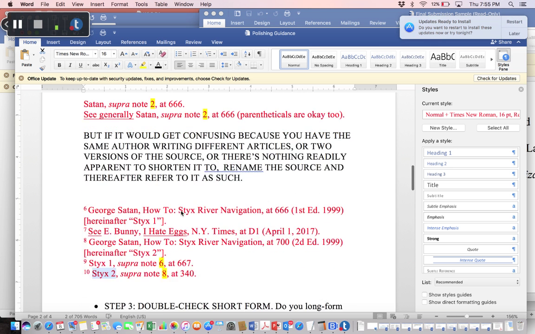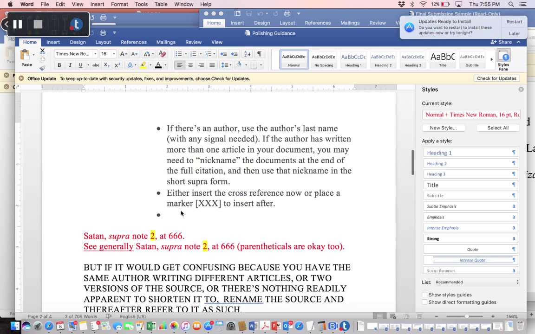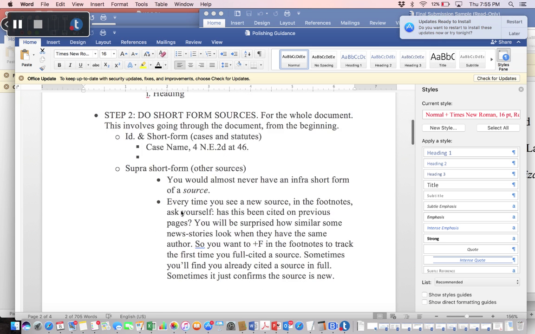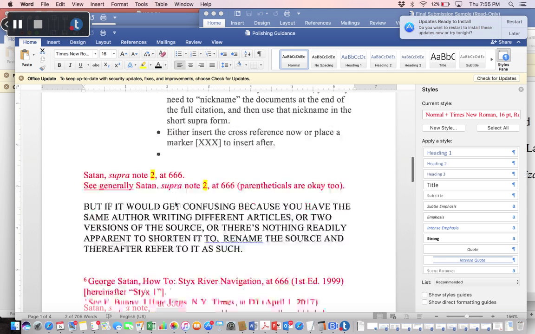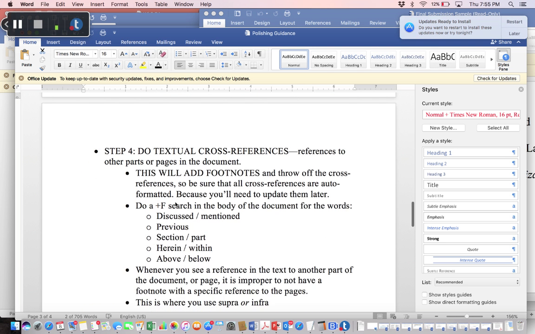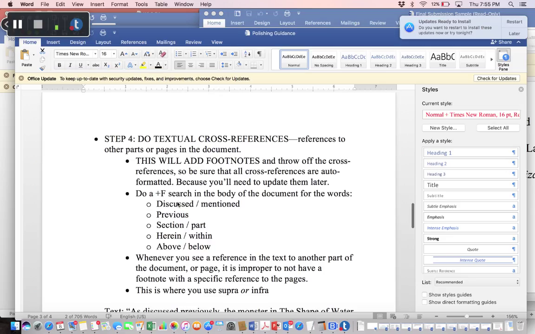So these were supra and infra, mostly supra, for sources. Now you're going to use supra and infra for cross-referencing other pages in your document. And this will add footnotes, and it throws off the cross-references. So be sure that you update all your cross-references after you do this, because it does change the numbering of